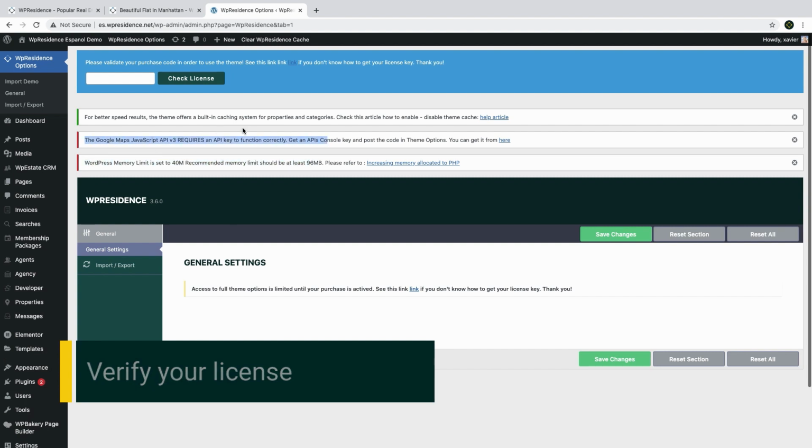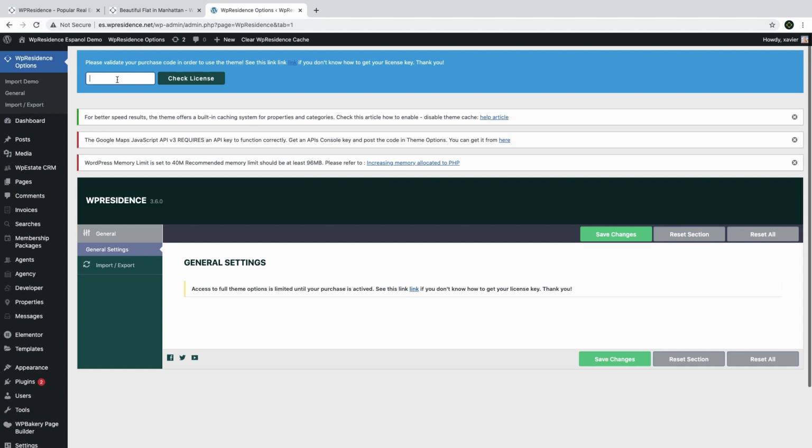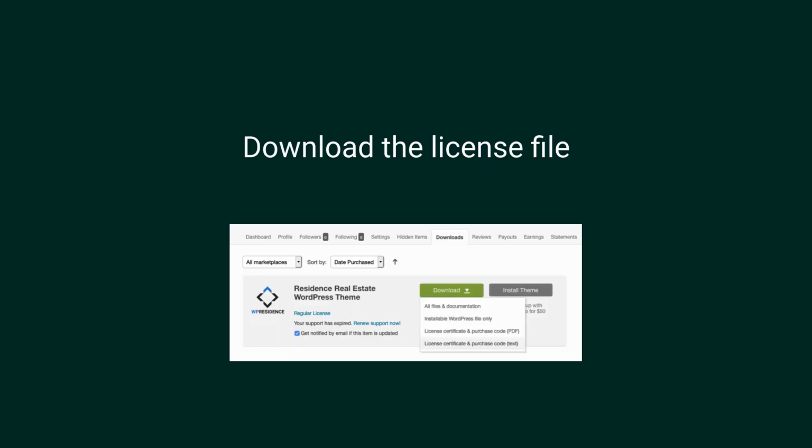If you click on Theme Options at this point, you will see the license needs to be added in order to start using the theme options and its plugins. This step is mandatory and helps prevent illegal use of the theme, but it is done one time only. Download the license from your buyer account on ThemeForest if you did not do this already. Copy the license key from the text file you downloaded and then just paste the key in the top area